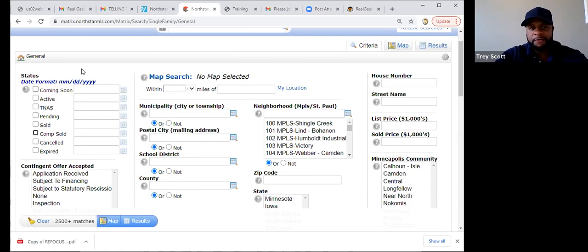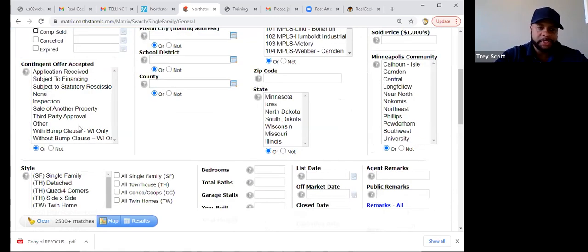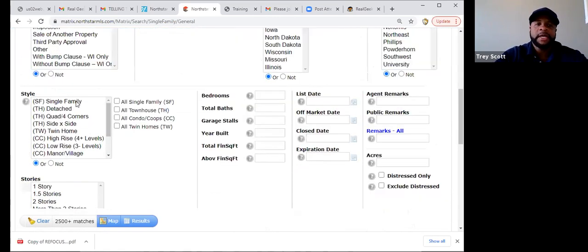Here is contingent offer accepted, which we don't really use that much. Style, here we go. So you have your single families, and I know that you both know what single family homes are. You have the townhouses that are detached from each other, side by side. You have quads, you have twin homes, you have high rise apartments, 4 levels and above,